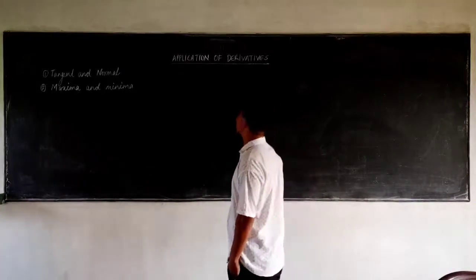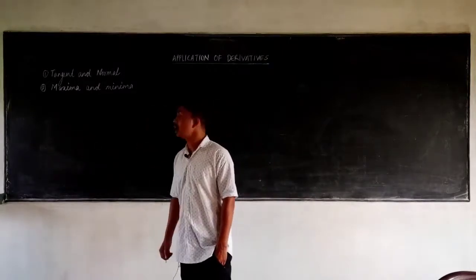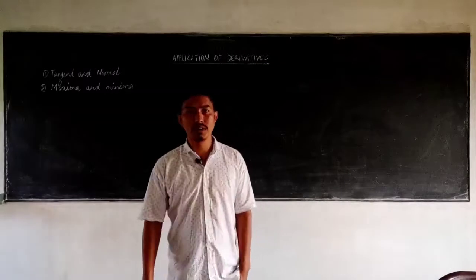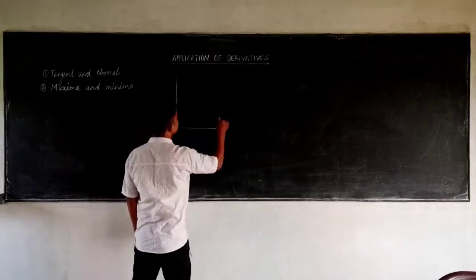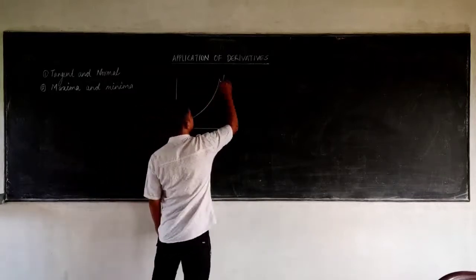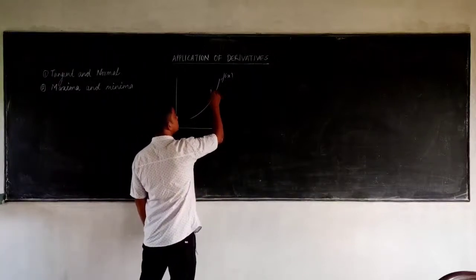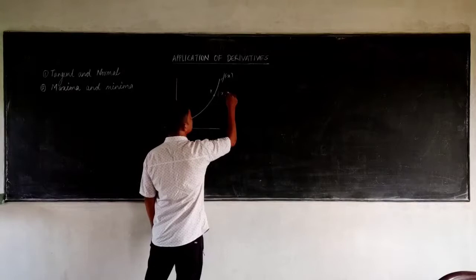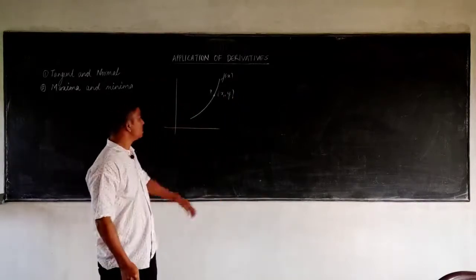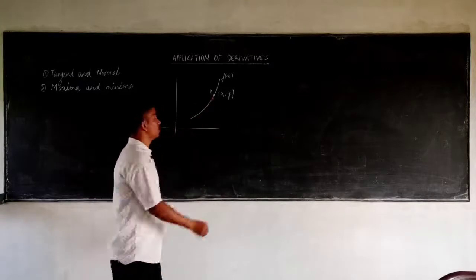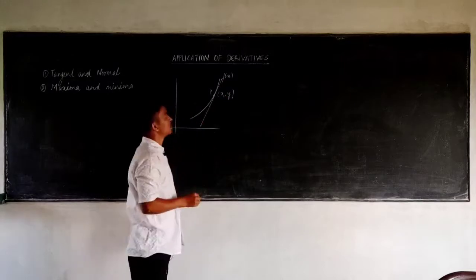The principle of derivative can be applied to find the equation of the tangent and the normal of a given function. For example, if I consider a curve, a function f of x, and I consider any point P whose coordinates are x1 and y1. Now if you are asked to find the tangent to the curve at the point P, I will draw a straight line touching that point only, just at one point.